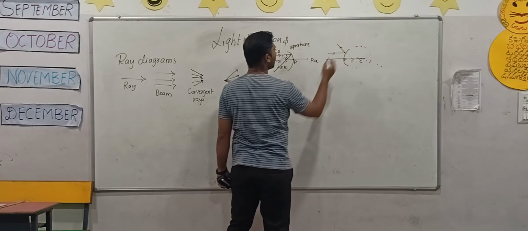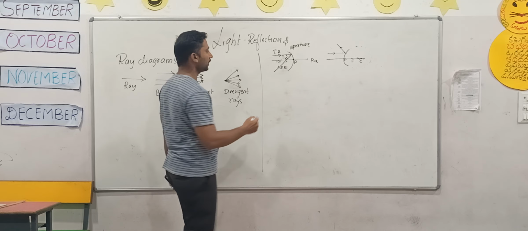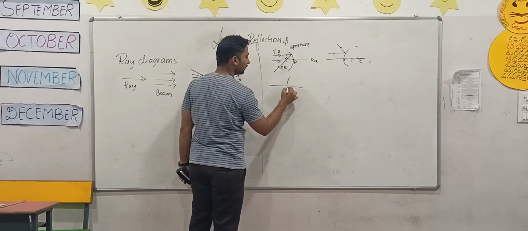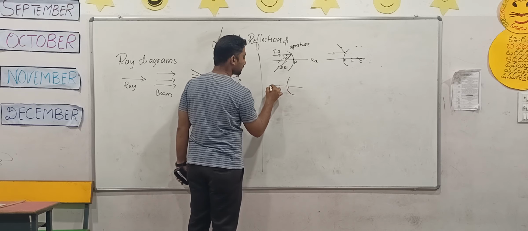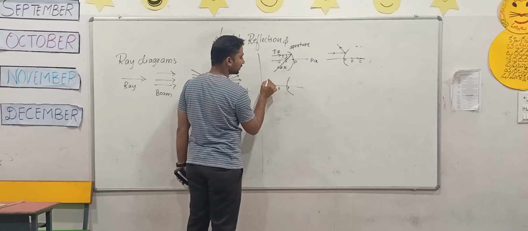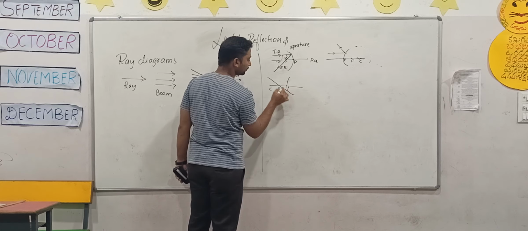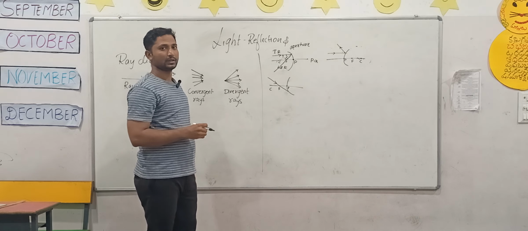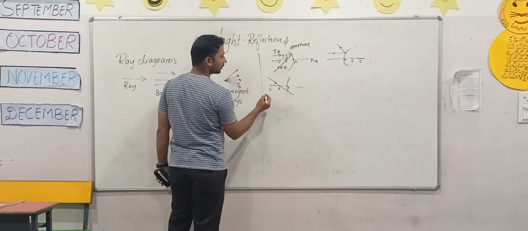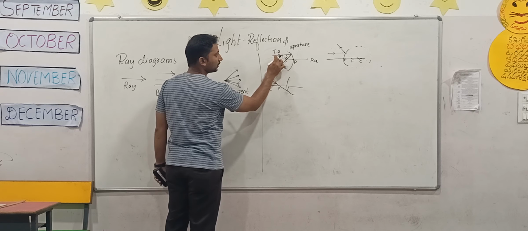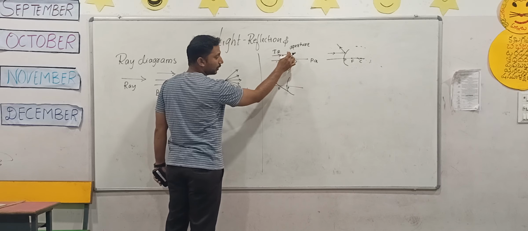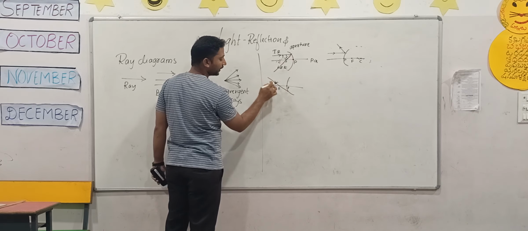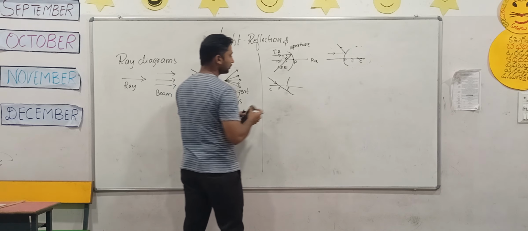So this is our normal, the dotted line is the normal. Similarly, if we take another ray of light, in the same diagram we will take P, F, C. If a light ray passes through the focus, then what happens? It behaves vice versa. What? If a light ray passes parallel to the principal axis, it bounces back through the point F. Similarly, if a light ray is incident from the point F on the reflecting surface,